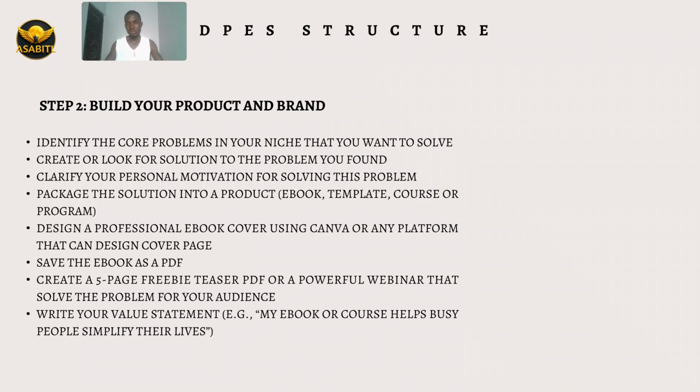Now a bonus to this particular section: maybe you don't have a product, you don't have a profession, you don't have an excuse. This is what you can do. You can apply this training structure to an affiliate product that is already made for you, that you know people have already created for you. You can use this business structure to apply to it, and that is how you're going to sell without waiting for anything. You understand? So if you don't have your product or you don't know how to put together your product, you can use an affiliate product. As we go on, I'm going to talk about that for you. So quickly, let's move further.